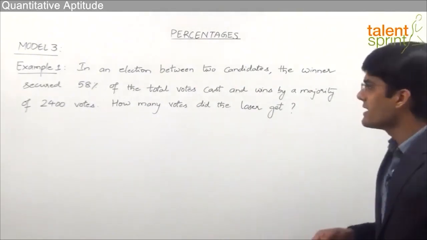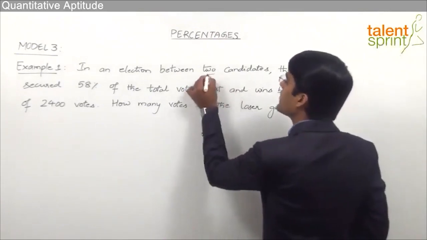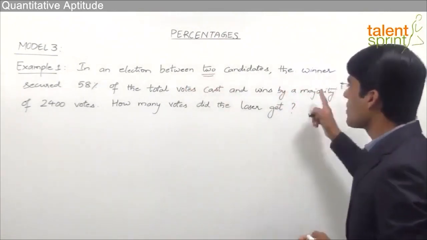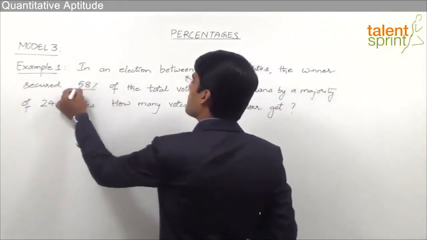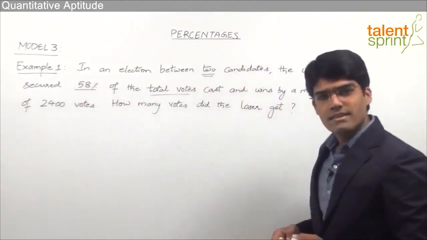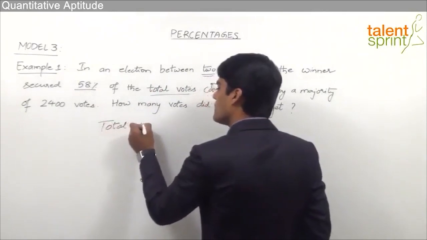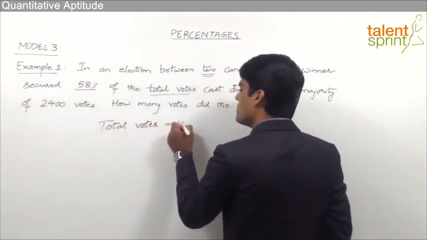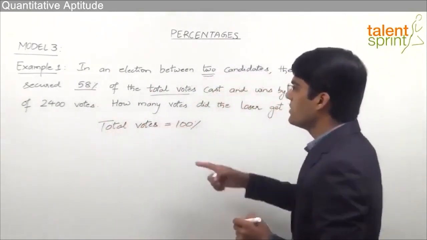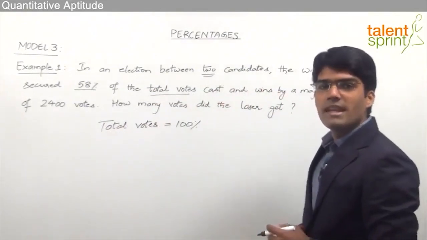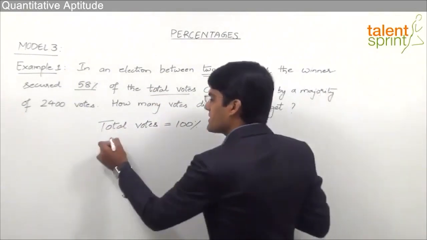So as the question says, the election was between two candidates and the winner has got 58% of the total votes. Now as discussed earlier, total can always be taken as 100%. So let us assume that the total votes cast is equivalent to 100%. And we know that the winner has secured 58% of the votes. So winner has secured